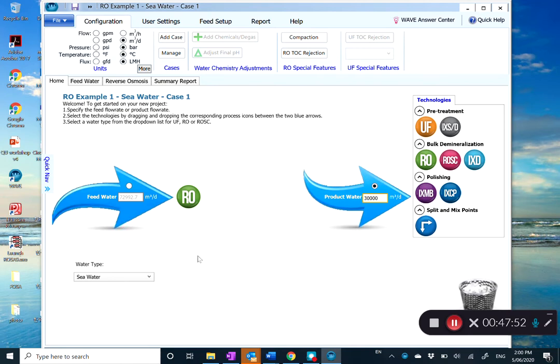So we have a second example. We follow exactly the same steps 1, 2, 3, but we just go for only RO, and this is seawater, and everything is similar, and we just